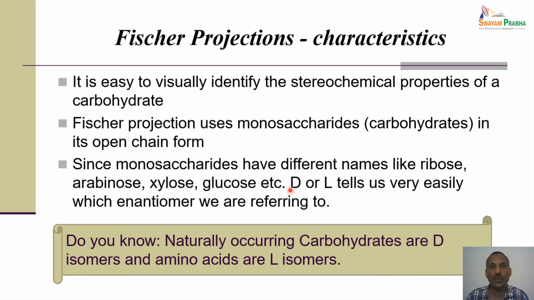It is very easy if we tell whether it is a D isomer or an L isomer, we can easily identify which isomer we are referring to, because the monosaccharides, the triose, tetrose, pentose and hexoses, all of them have a very specific name, and mentioning D or L exactly tells which enantiomer we are discussing about. So that is the reason Fischer projection was very famous and it is being used for many years, but